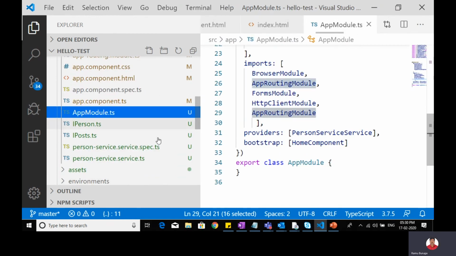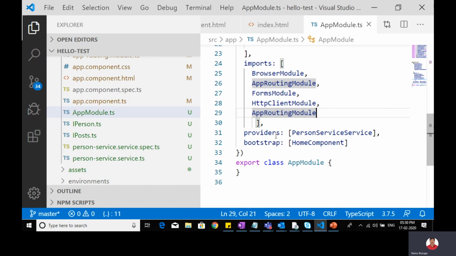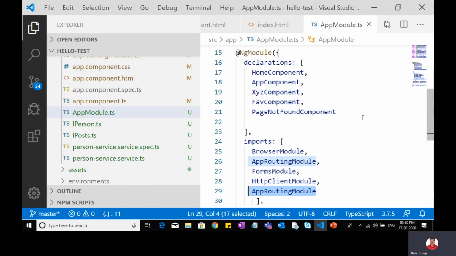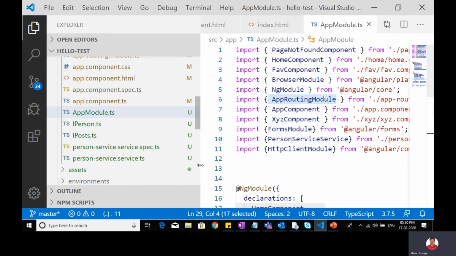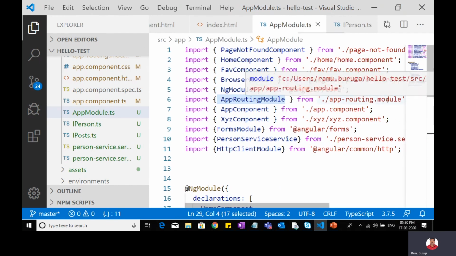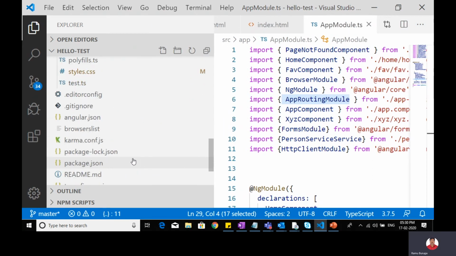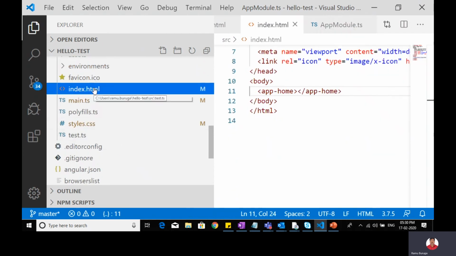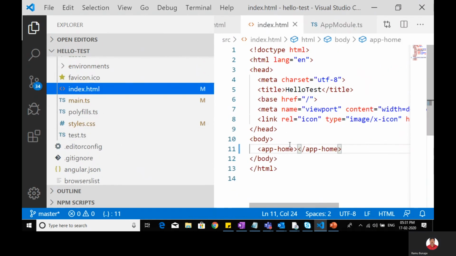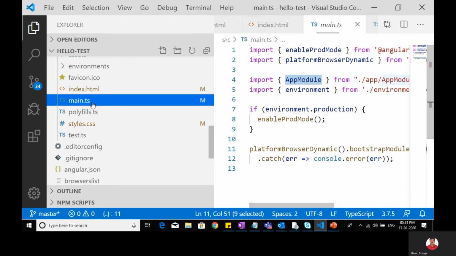Okay. So in app module, you have to mention imports. You have to mention that in the app routing dot module. If you see here, this is coming from app routing module. Ultimately, your app module will be called in index.html main.ts.